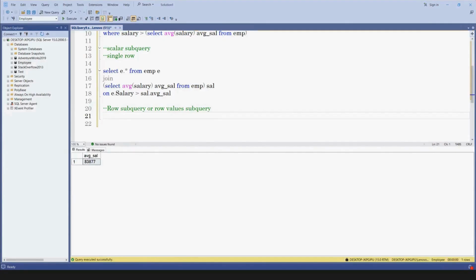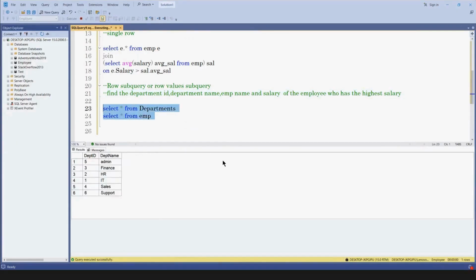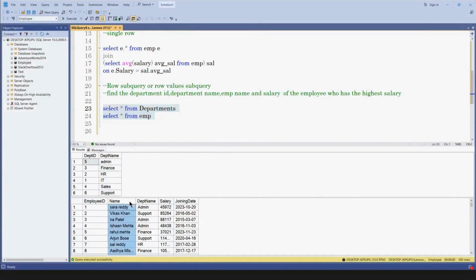So if we want to find the details of department ID, department name, employee name, and salary of the employee who has the highest salary, right? We have two tables. We know that we have the two tables, department and EMP. Just notice that in the employee table we don't have the department ID. We have department name, but we don't have the employee department ID here. But in this department table, we have the department ID and the department name, right? So first,